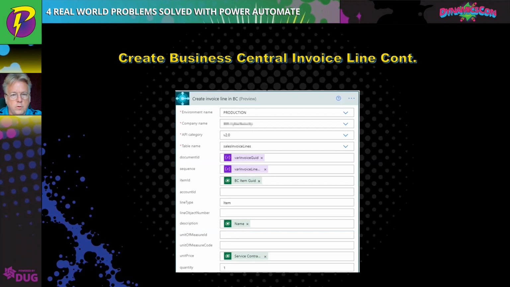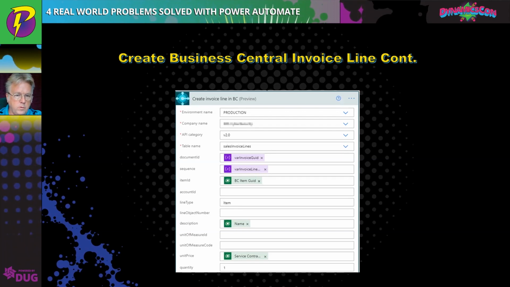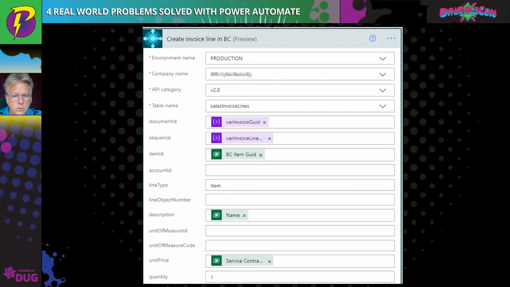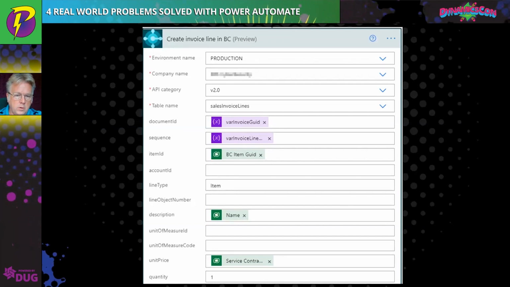So here's our action for creating that Business Central invoice line. So here again, I worked with the Business Central consultant to get the proper information so it gets created correctly. And as you can see again, we have to specify the environment name, the company name, and the table name, sales invoice lines. We specify the document ID, which refers back to the original invoice header record, the sequence number, which we increment periodically since we have to have unique sequence numbers for each line within an invoice,